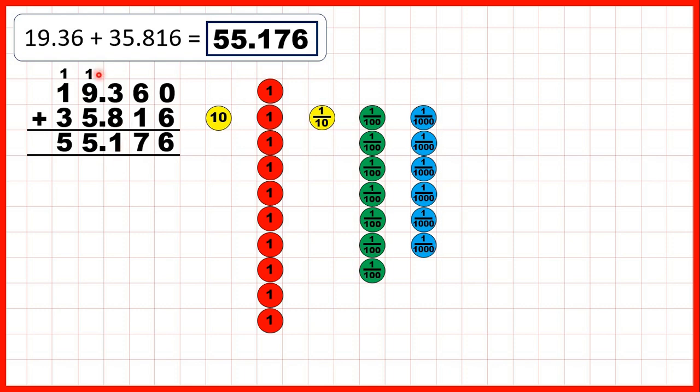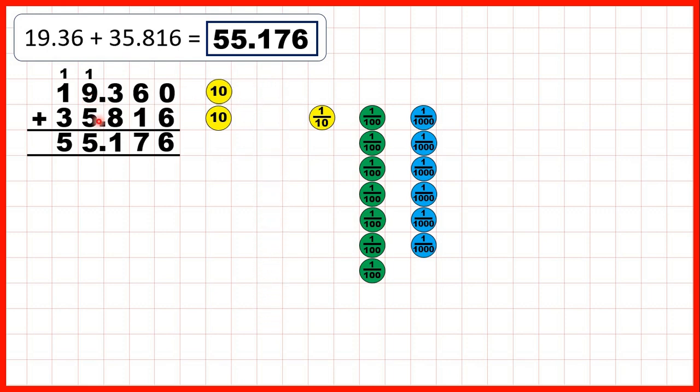But adding the 8 tenths, as well as giving us one whole, also gave us 1 tenth to write in our answer. Now, onto our ones column, we had 1 plus 9 plus 5. Adding the 1 that we've made from adding our tenths to the 9 ones that we started with gives us 10 ones, which we can exchange, and then we just need to add 5 ones to give us 5 ones in our answer. Finally, in our tens column, we needed to add the 1 that we made from adding our ones to the 10 that we started with, and then add 3 more tens to give us 5 tens in our answer,